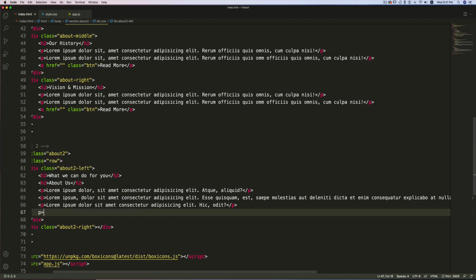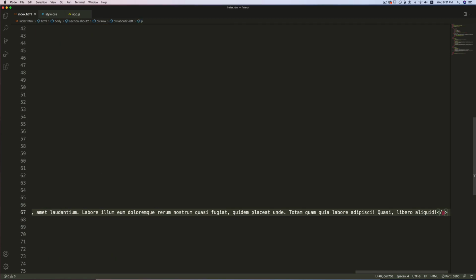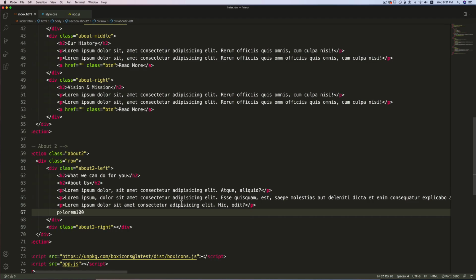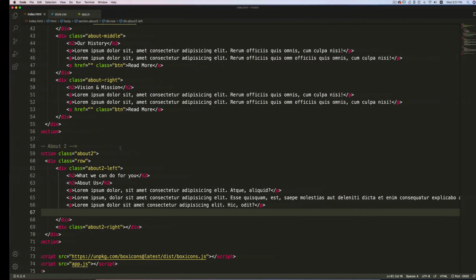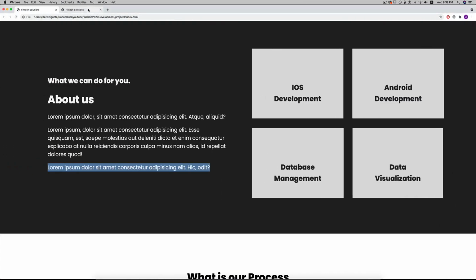So p, bracket, greater than sign, lorem and the number of words that you want to insert, let's say 100. So Emmet will insert the content, but I don't exactly remember how many words I have used, so that's why I'm copying and pasting this so that the design remains consistent. So let's see what happens here.